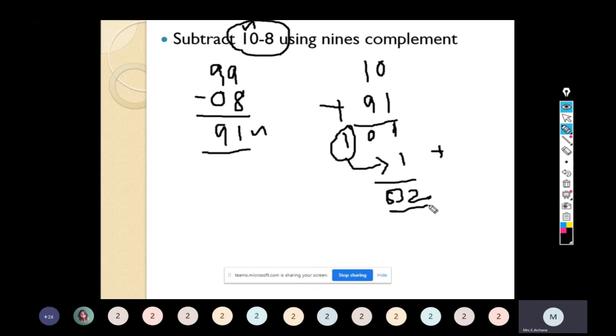So step 1, we have to take 9's complement for B. Step 2, we have to add the 9's complement result with A. If there is a carry, we have to add the carry and find the result. If there is no carry, once again we have to take the 9's complement for the obtained result and put a negative sign. This is the procedure. Next time we will see without carry, that is smaller number minus bigger number, right?